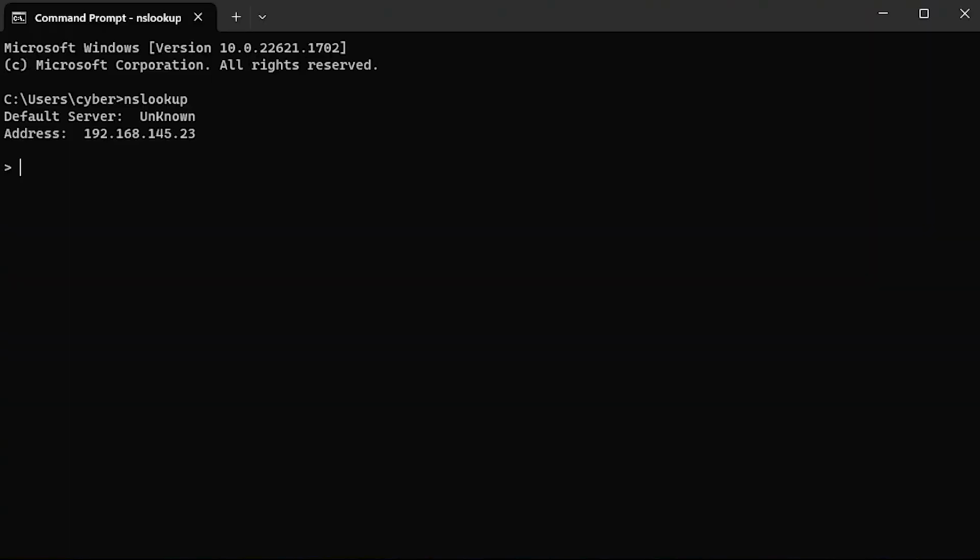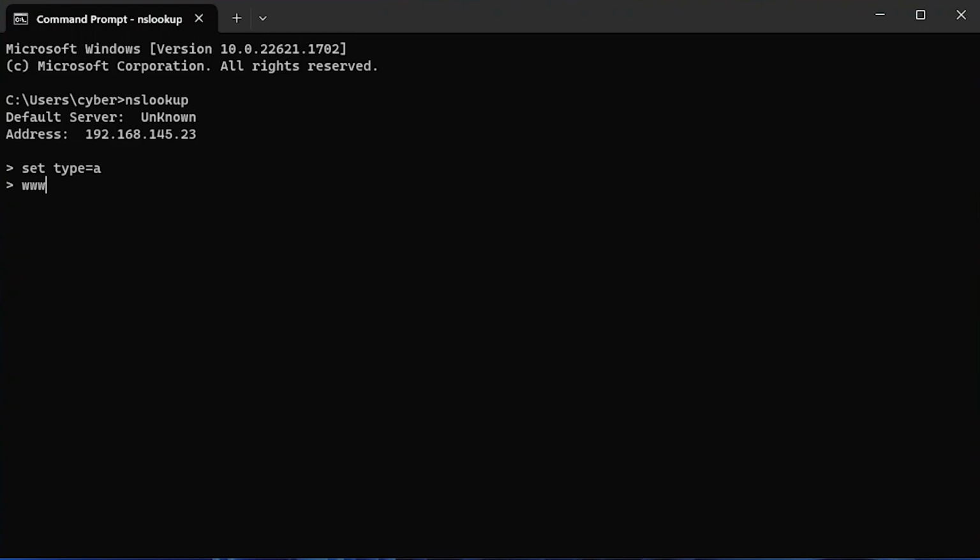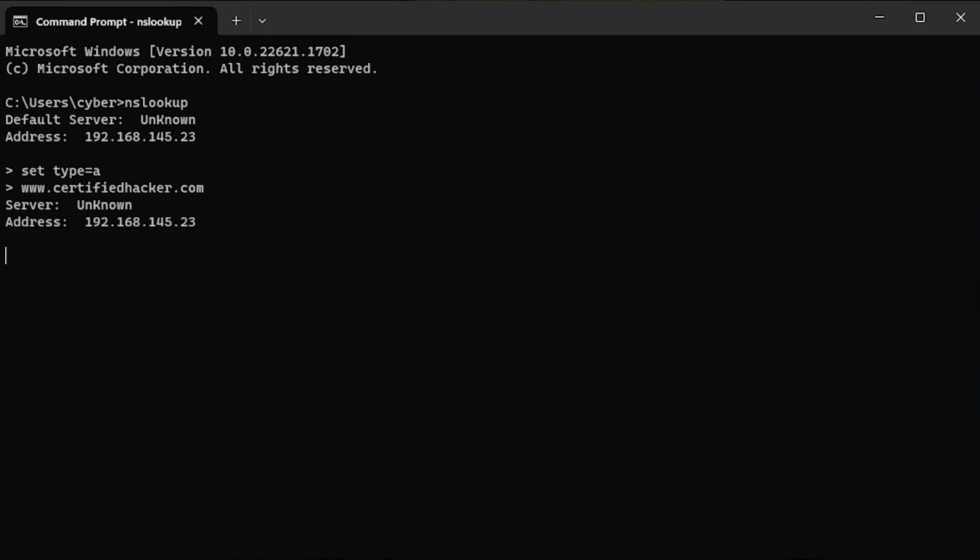To query for the IP address of a domain, we need to set the type as A by typing set type=A and pressing enter. Setting the type as A configures nslookup to query for the IP address of a given domain. Then we can type the domain name that we want to query and press enter. For example, if we want to query for the IP address of www.certifiedhacker.com, we can type www.certifiedhacker.com and press enter. This will return the IP address of the domain and whether it is an authoritative or